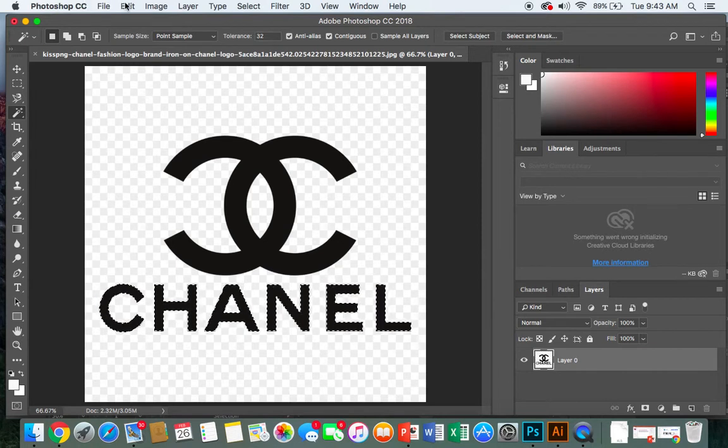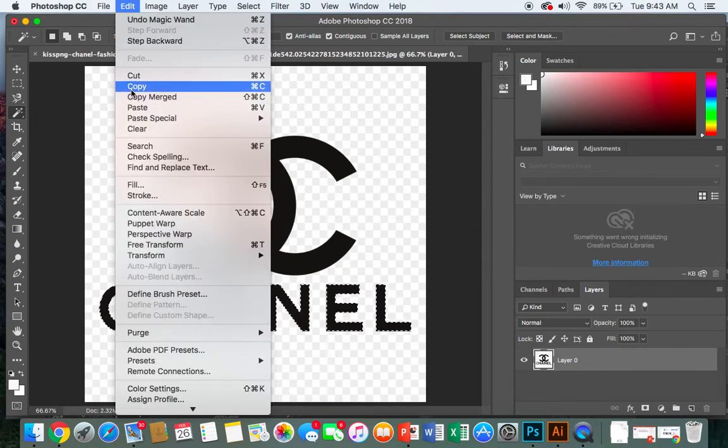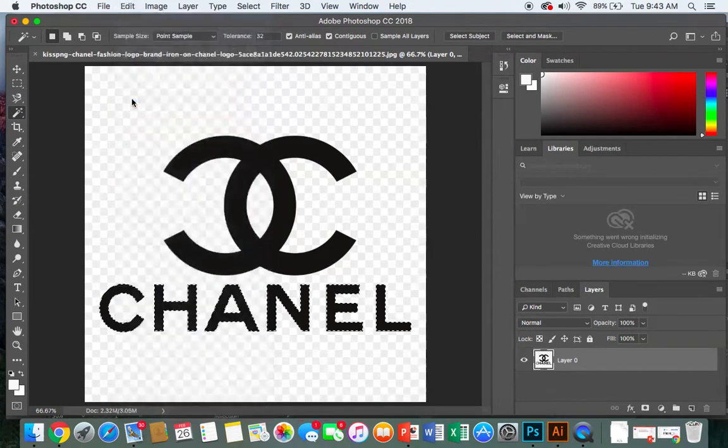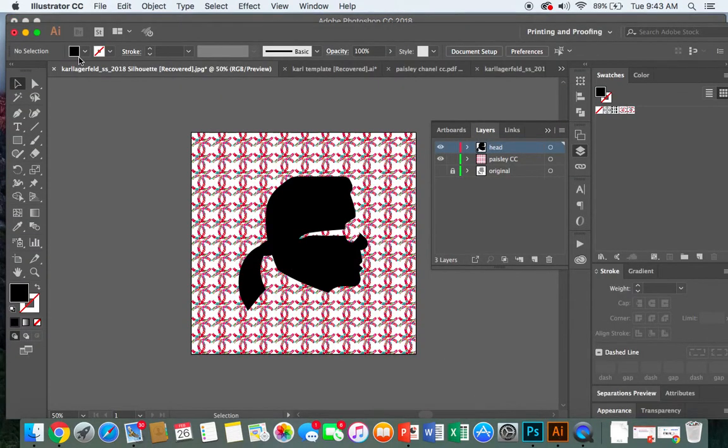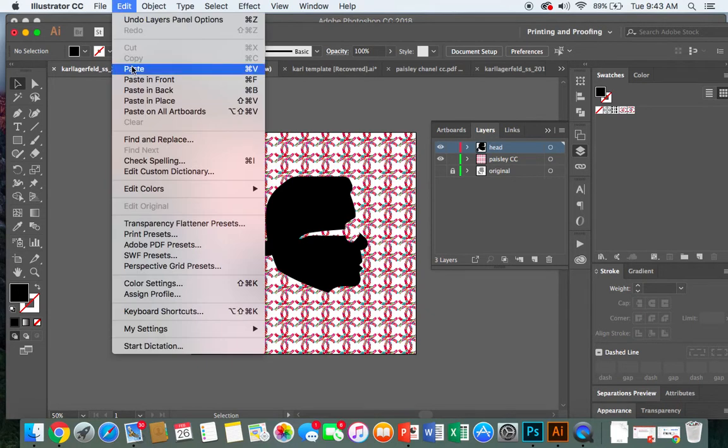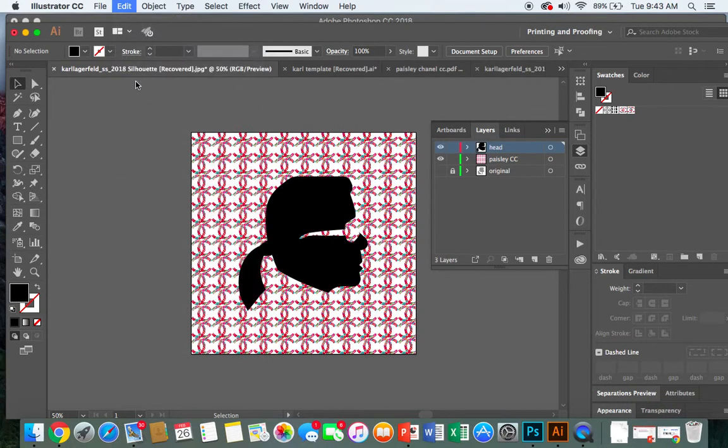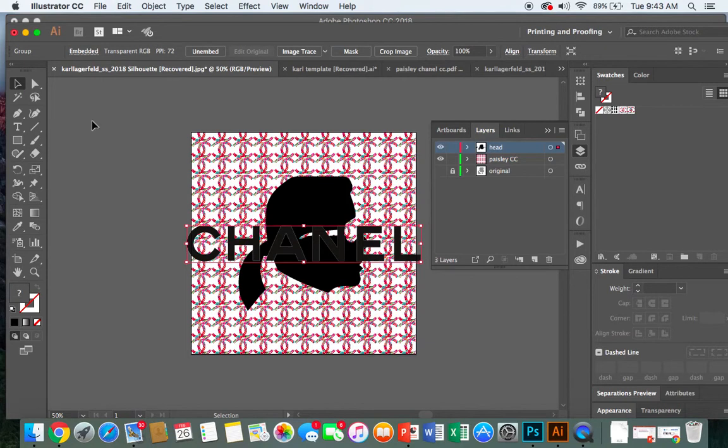Now I'm going to copy. So edit, copy merged, and then I'm going to go back into my AI and I'm going to paste it in. Edit, paste in front. I'll paste it in the front. So it gives you options, but I want to try the front so it can be right on top. Let's see what happens. Perfect. So I'm going to go over to my selection tool, make sure that's selected, and I'm going to bring